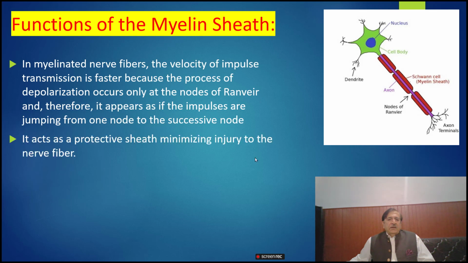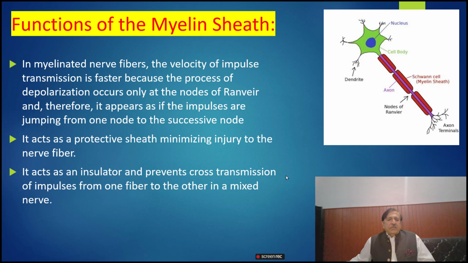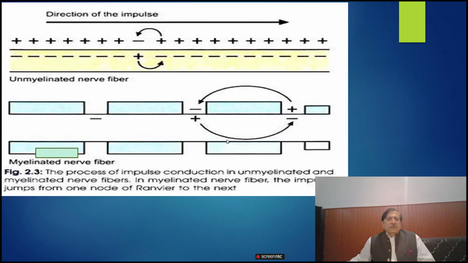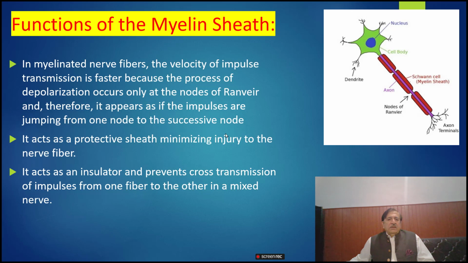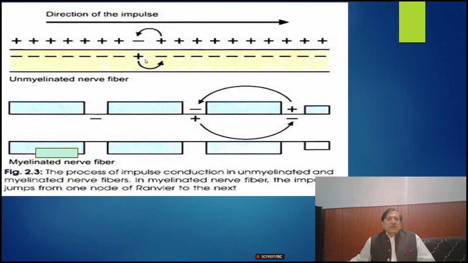It acts as a protective sheet, minimizing injury to the nerve fiber. It acts as an insulator and prevents cross transmission of impulses from one fiber to the other in a mixed nerve. In unmyelinated fiber, the propagation is slow because the space of propagation between the depolarization and repolarization is less,